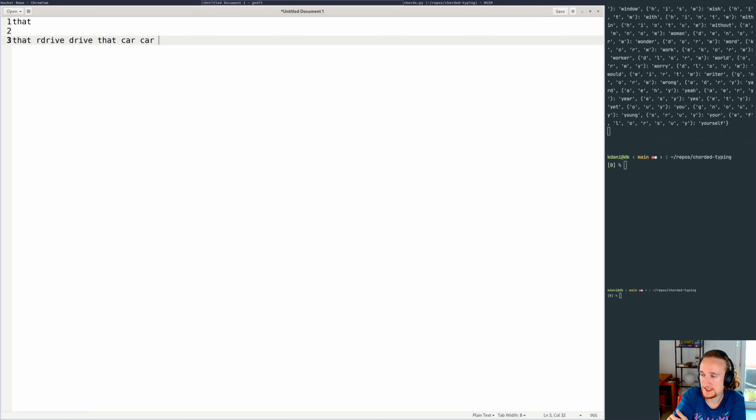So somehow I want to create chords that are easy to type, but also resemble the actual word as much as possible. So sometimes, like with the word drive, I'm not going to press D-R-E-V in a chord, because that's just